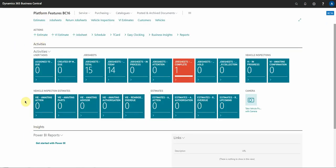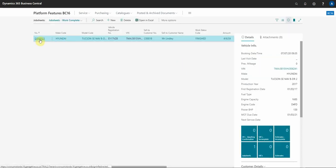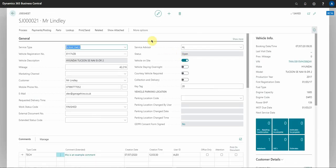Right, so one of the most significant changes to the platform, and I know that this is one that's going to be extremely popular, it's one of my favorites. I'm going to do it from this job sheet as an example. You'll notice the new button here called Open this page in a new window. So if I click this button,